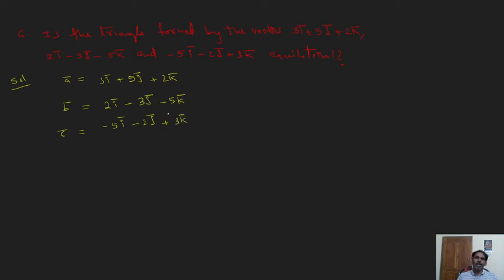Just find the magnitude of these three vectors. Why are we finding the magnitude? Because we are going to find out their sides. For example, this is the vector A bar, this is the vector B bar; what type of triangle do these three vectors form, is it equilateral or not, we are finding out. To find out if it is equilateral, find the magnitude of the vectors.